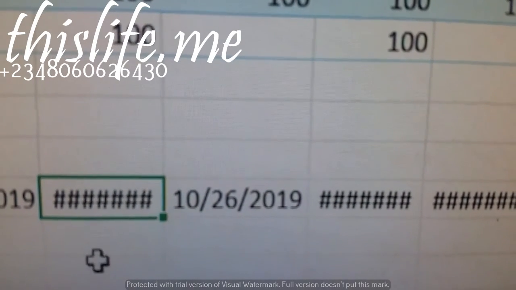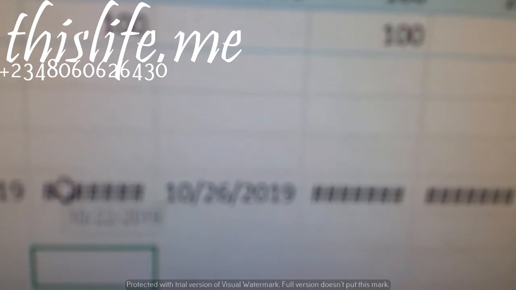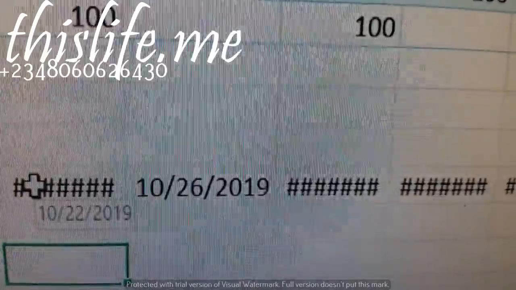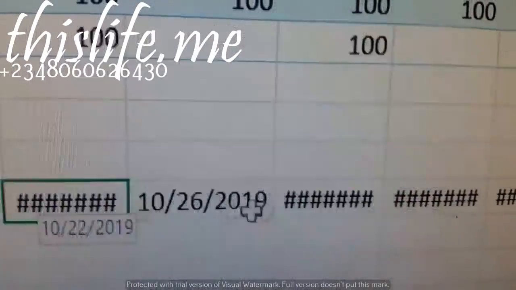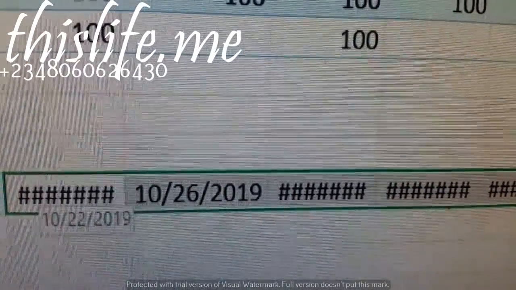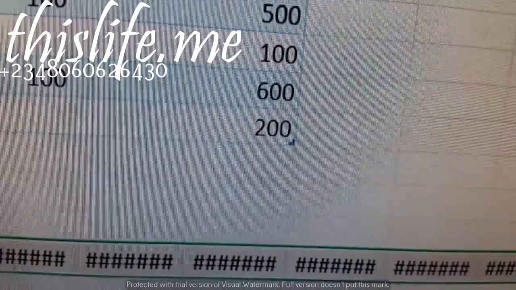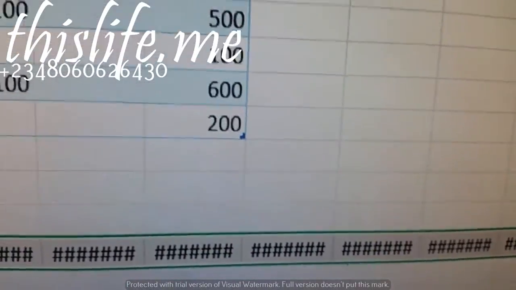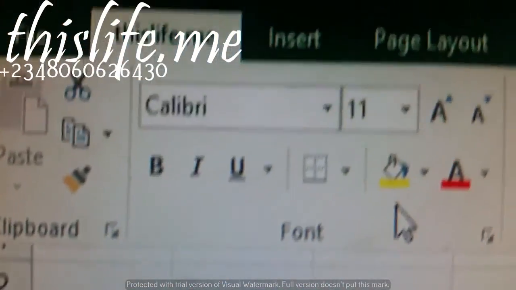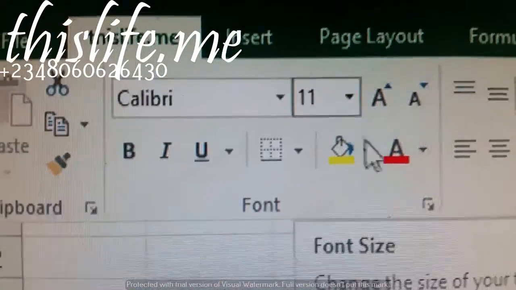You can either increase the space or decrease the data you input. For example, in our case now, let's decrease our data. Highlight, on the Home tab under the font group, you can increase or decrease to any size.